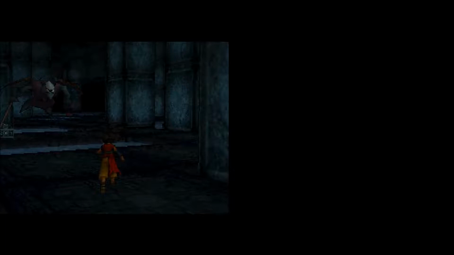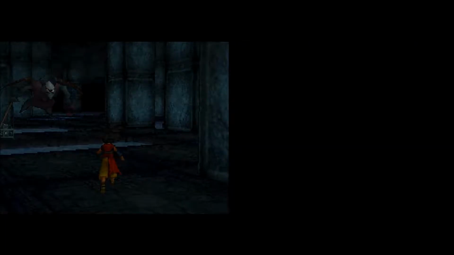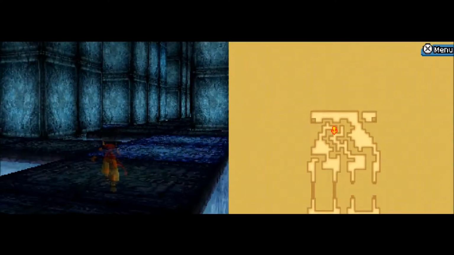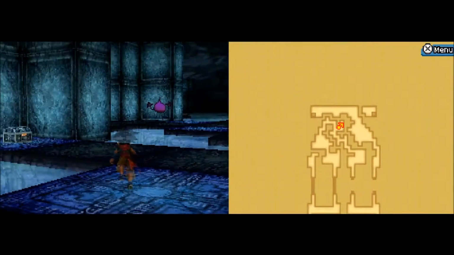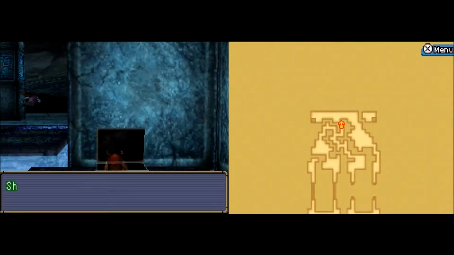And in that vein, I'm gonna shove Vanish back on. Because I don't want to get into any unnecessary fights right now. Especially since I saw this chest. Now again, if I'm not mistaken...